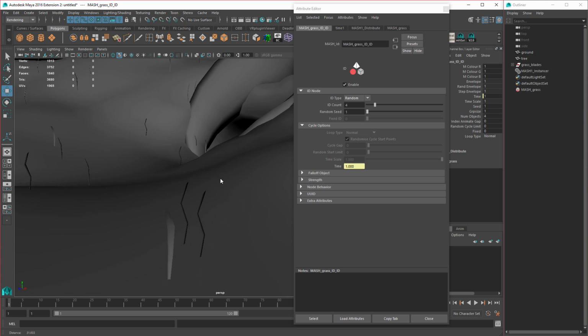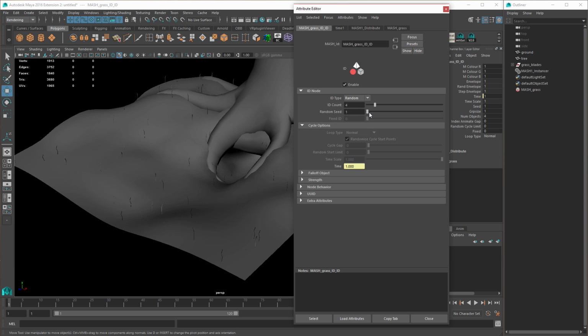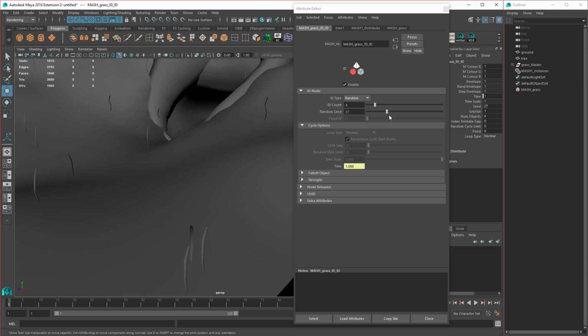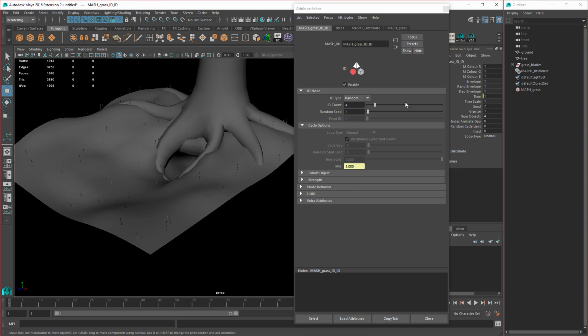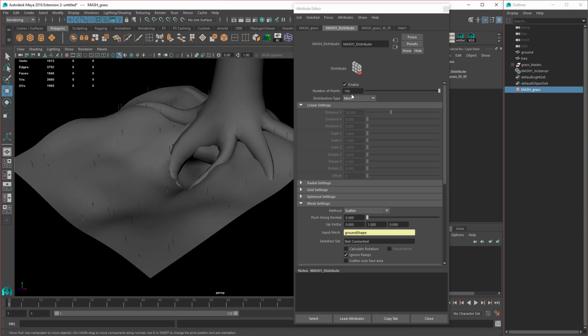And now what we should see is random grass blades. And the number here, number 4, this number should match how many different geometries you have. So if we have 4 blades of grass, that means we have 4 ID count. And then you can change the seed, and you can see it'll cycle through them. Cool. Alright, so now let's come back into the distribute node, and you can actually change this number really high,